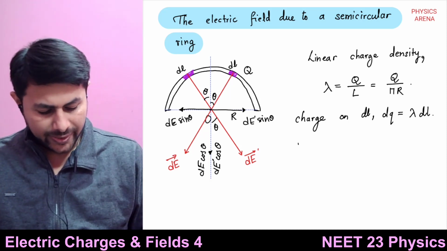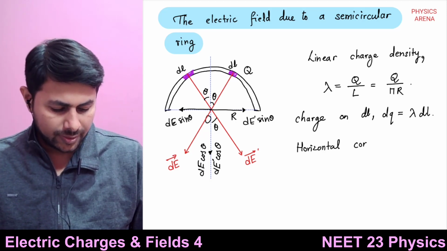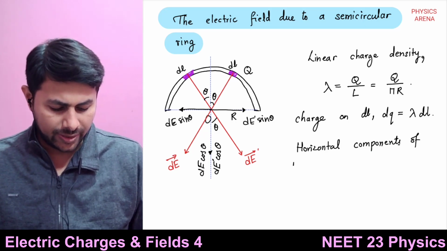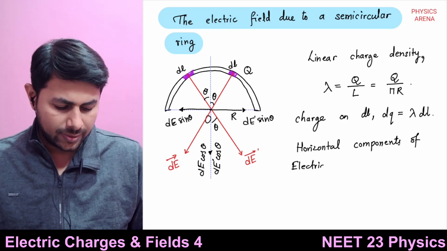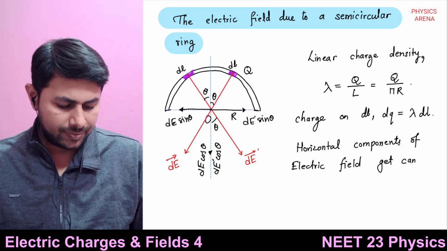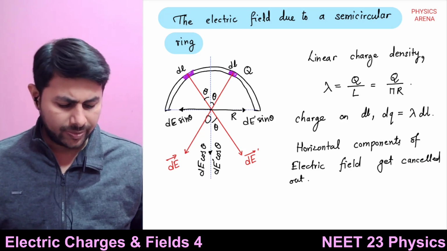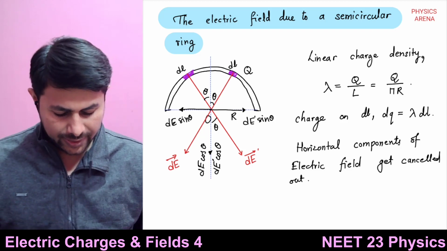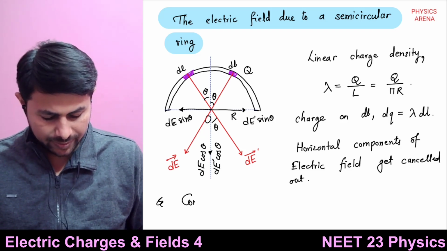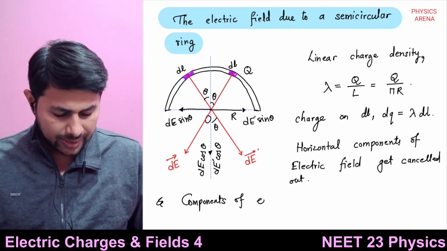Okay, so I can say the horizontal components of the electric field get cancelled out. The electric field due to all length elements gets cancelled out, and the vertical components of electric field,